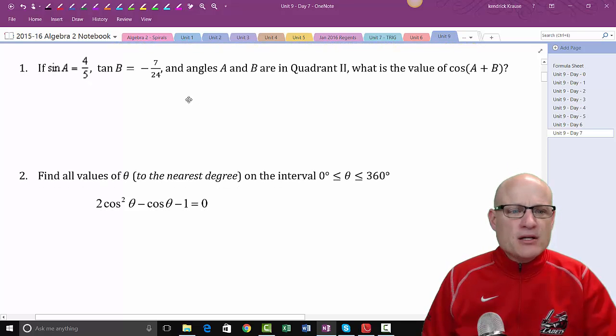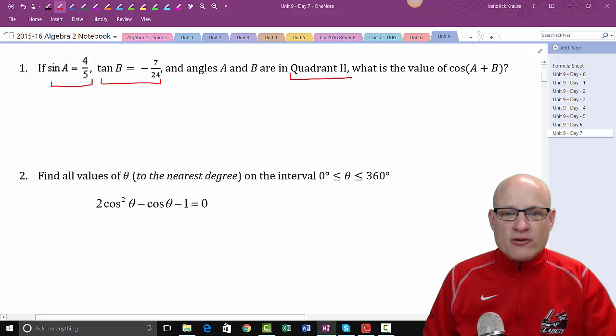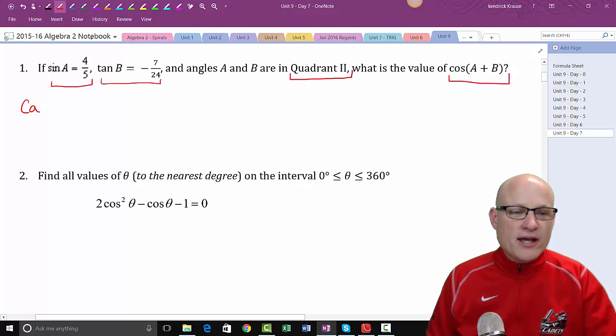All right. So we were given this information. We were told that both angles are in quadrant A and B, and we want to find the cosine of AB. So if I remember, I'm going to go look at that. What am I trying to draw? So we're going to start with cosine